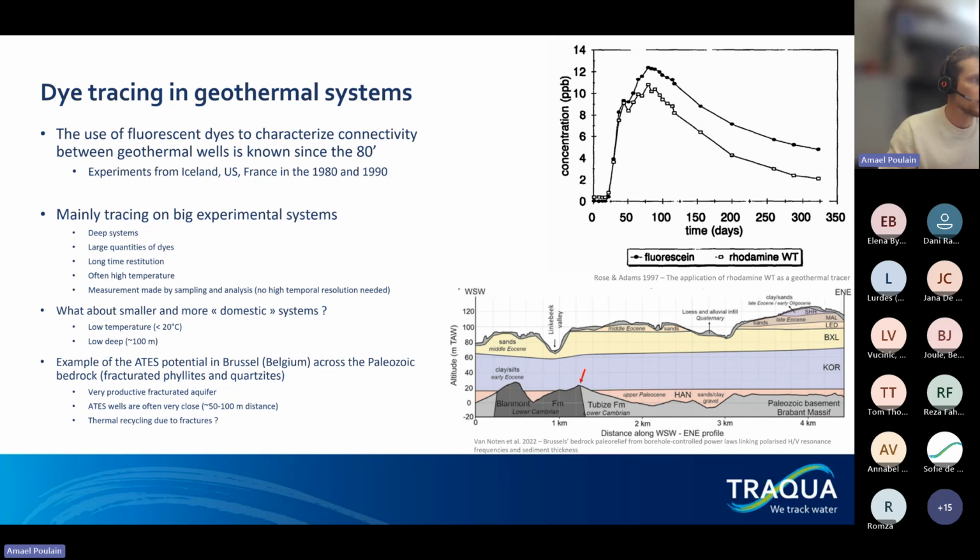But what about, let's say, smaller and more domestic systems? For example, in Belgium, with lower temperature, lower depth, sorry. And I will show you two examples of the ETS potential in Belgium. We have in Brussels, in the Paleozoic bedrock, which is fractured quartzite and phyllite, which is a very productive fractured